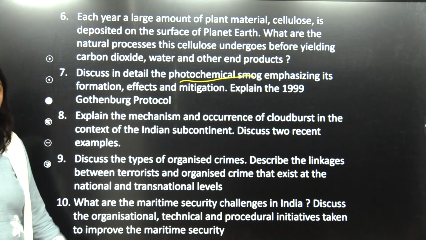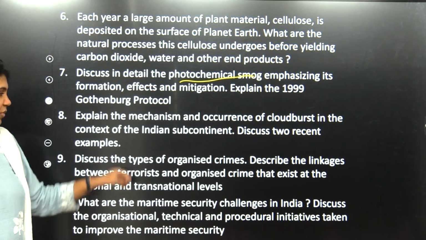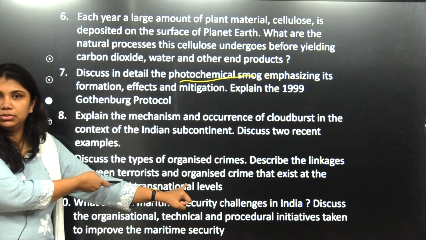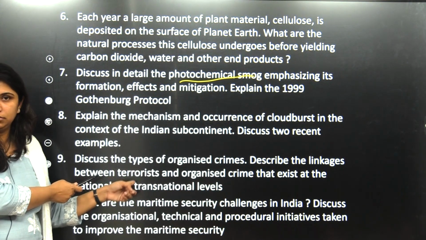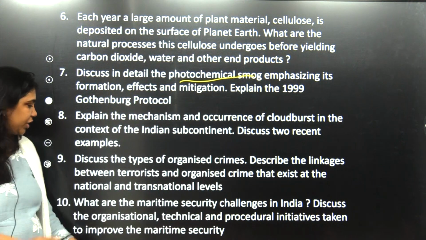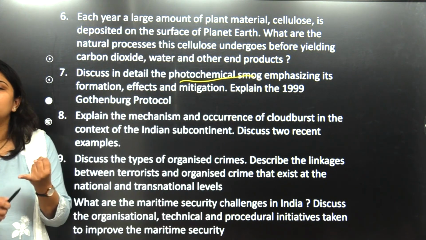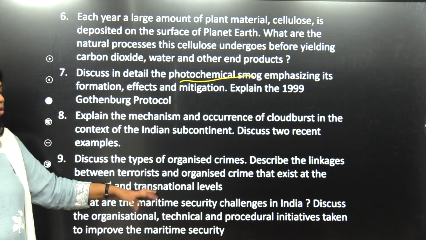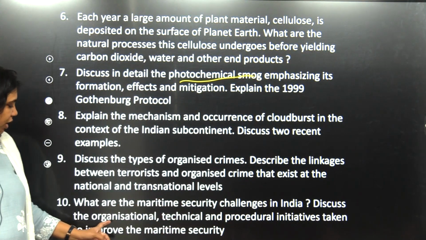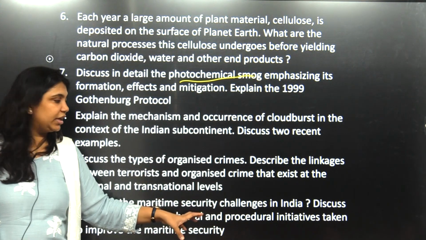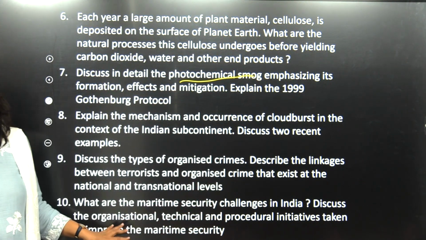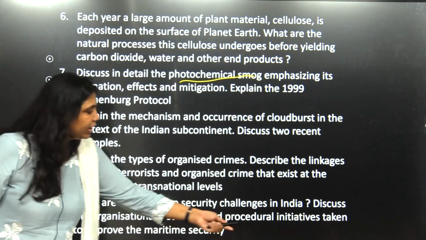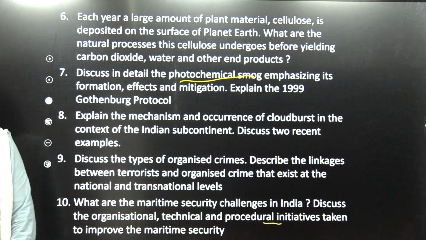And if you take the internal security question, we have a topic organized crime. Types of organized crime. What are the linkages between the terrorist organizations? Heading, our head syllabus lo topic idi. Organized crime ante linkage between terrorist and organized crime. And if you take maritime security enti, then challenges enti, manam em chestunnam. That is what we'll read, right? Same question without going beyond it. Challenges and what are the initiatives, organizational initiatives enti, technical ga em chestunnam, procedural ga em chestunnam. So straight away questions. We didn't go beyond. Okkate recent ga endante emana recent initiatives regarding maritime that we have to add over here.